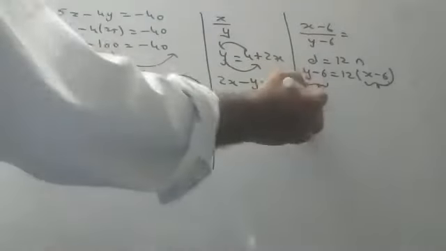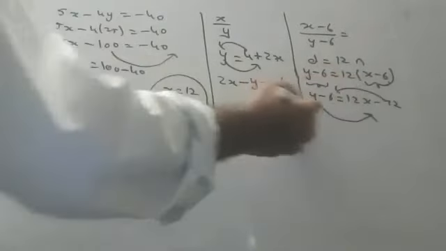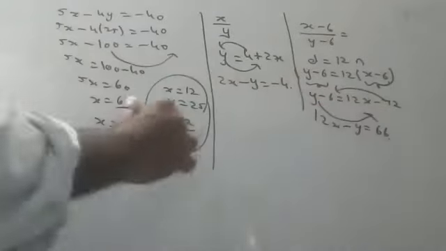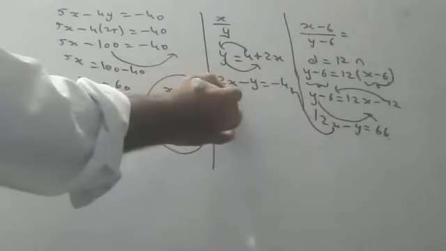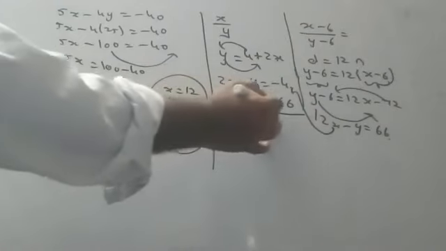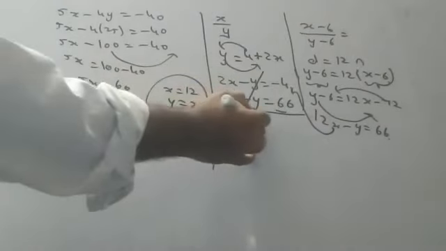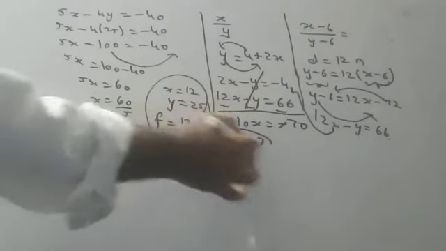Now there, y minus 6 is equal to 12x minus 72. Bring y here, 72 here. So 12x minus y is equal to 66. This is the other equation. This equation we will keep under this: 12x minus y is equal to 66. This is minus, this is plus, this is minus, this is gone. 2x minus 12x is minus 10x, and this is minus 70. Minus gone. x is equal to 7.